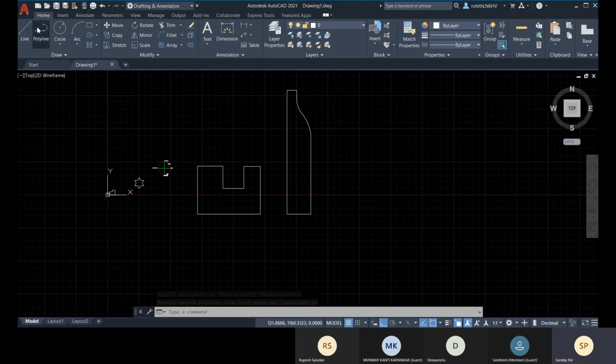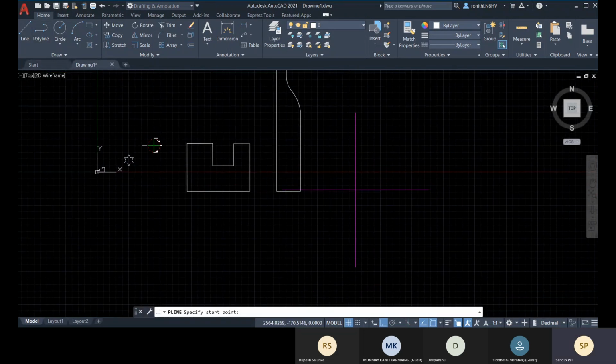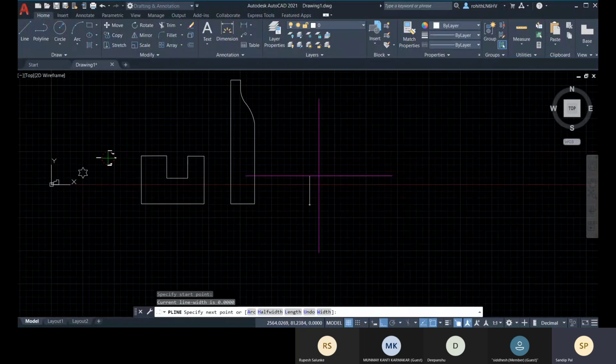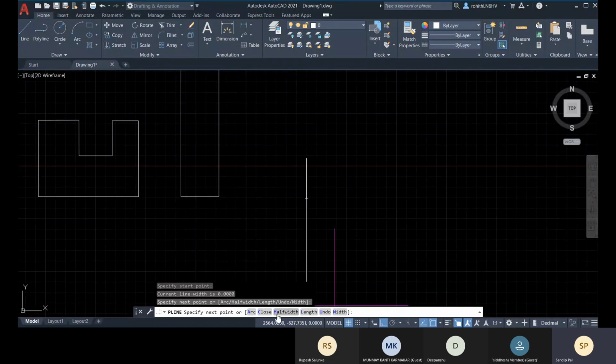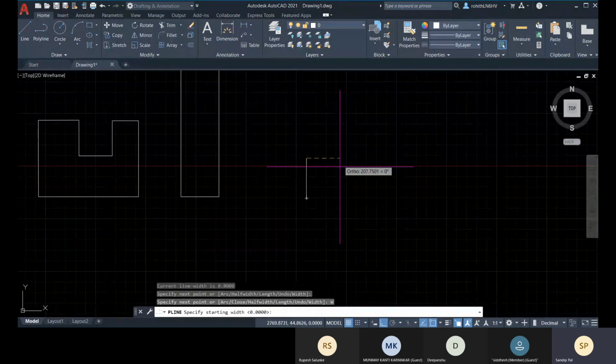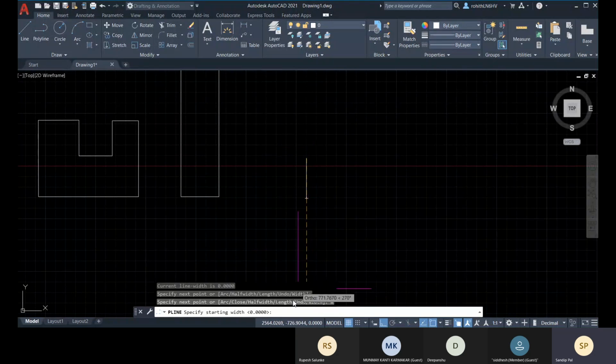Now let me go with the polyline again, and let me click on this start point here, and create one segment from this point to another point. You can provide line width, either half width or full width. Click on this width and let me provide the start width.